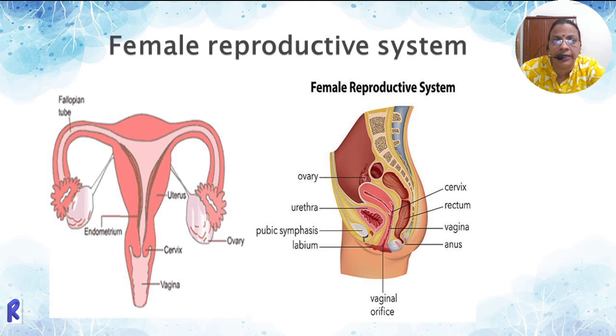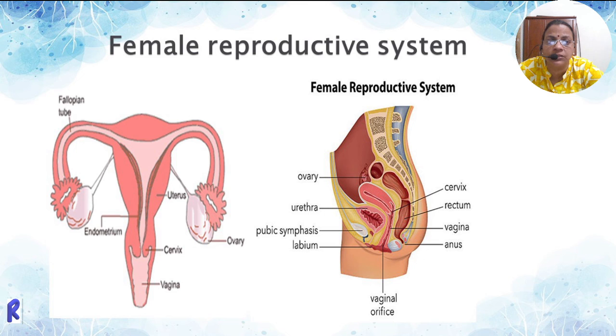Then the zygote can pass and get implanted within the uterus. That period is called pregnancy. We will deal with this in more detail in the next module. There the development of the baby takes place. So the function of the uterus is to support the fetal growth and to continue the pregnancy condition. So it is highly muscular and somewhat pear-shaped. And there the baby can develop.